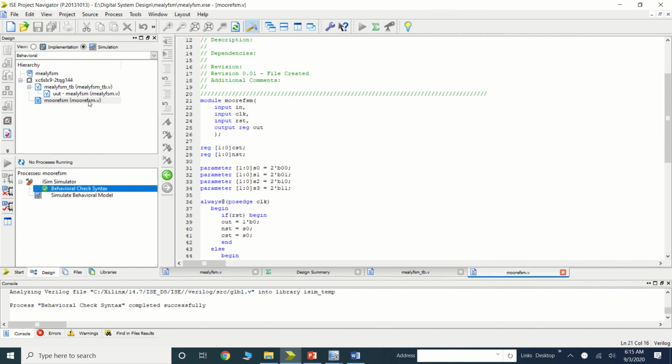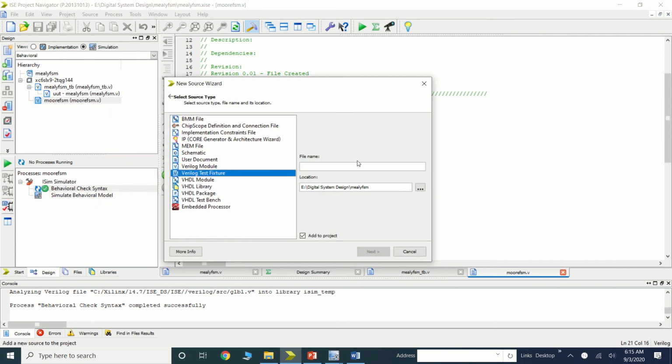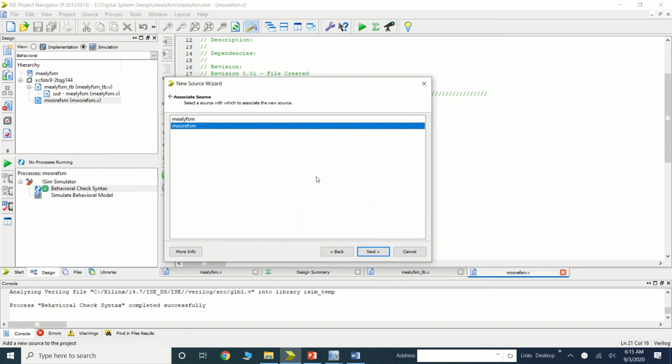Okay, now let's design the test bench. So Verilog test fixture, here I am assigning the name as Moore FSM TB. Here we have to select the Moore.